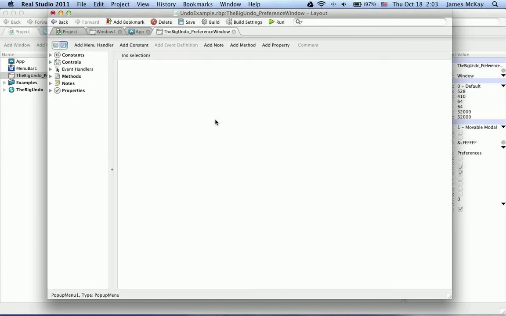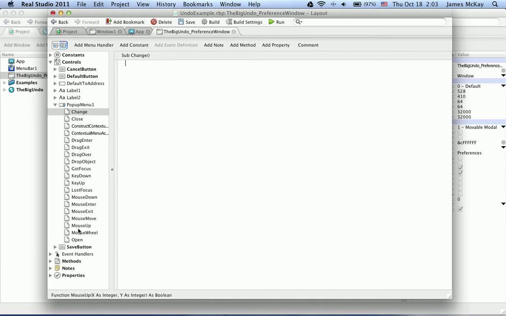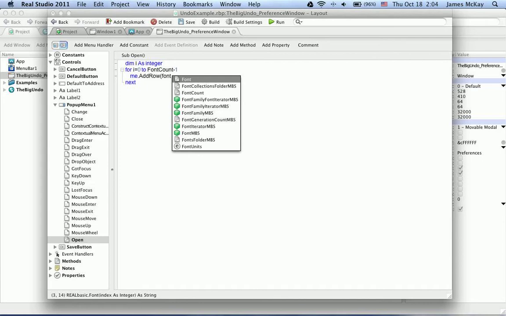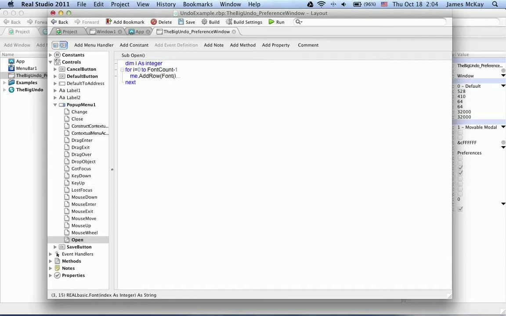And when this opens, we're just going to... Font. Alright, so